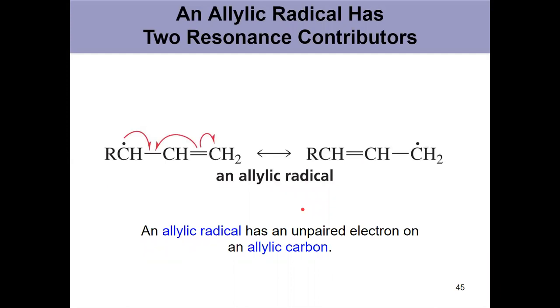Now, just like an allylic carbocation, an allylic radical has two resonance contributors, right? Think about this as being a carbocation here. We would have drawn a resonance contributor, and our radical does the same thing, dealing with a homolytic cleavage of this pi bond to reestablish a pi bond here and move the radical over onto this carbon. Two resonance contributors for an allylic